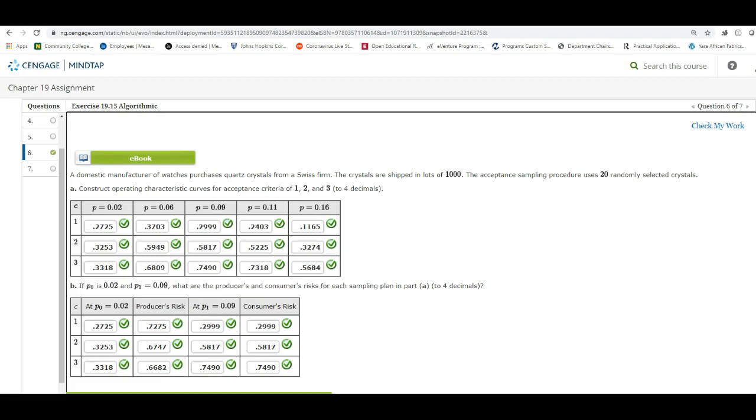I will tell you up front that the answers given in Section A are actually incorrect. And here's the reason why. If you read through Chapter 19 and understood that these answers are based on the binomial probability distribution for C equal to 1, 2, and 3, what you understand from reading the concept in chapter